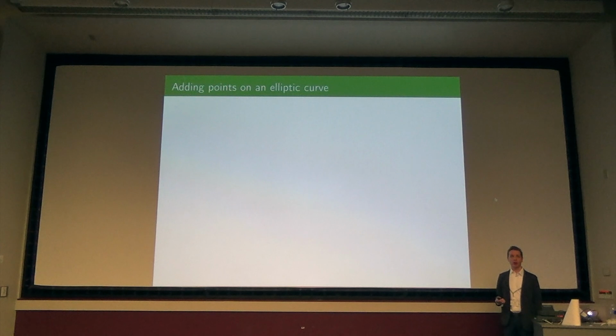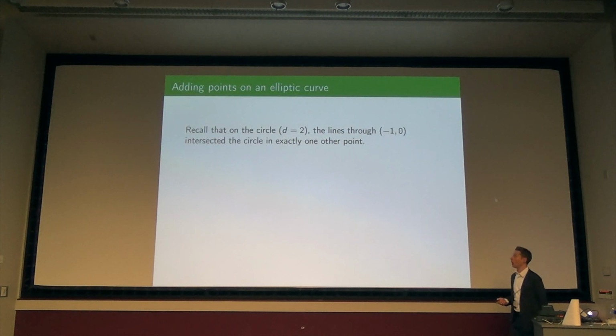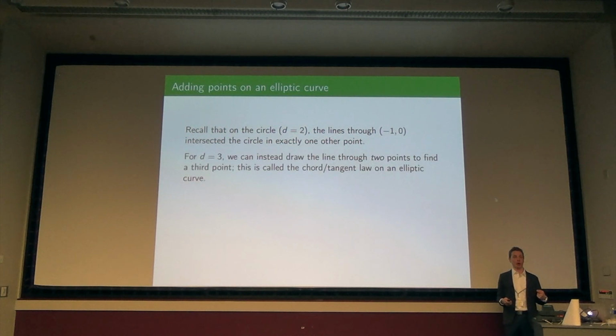Okay, now my favorite part of elliptic curves is, given points, I can generate more points. And that maybe is the most exciting part of my talk, at least from one perspective. Do you guys remember that in the graphic of the circle, we took lines through (-1, 0), and we were able to parameterize all the points? We could take any slope of a line that we wanted.